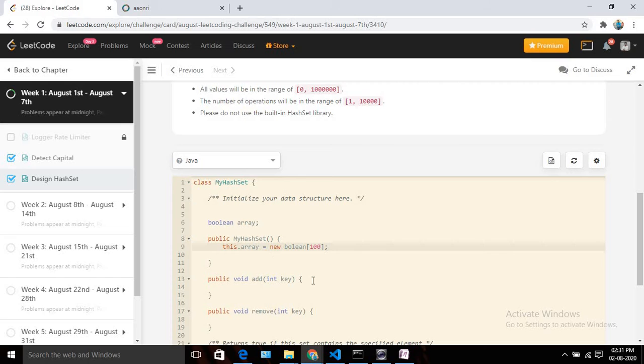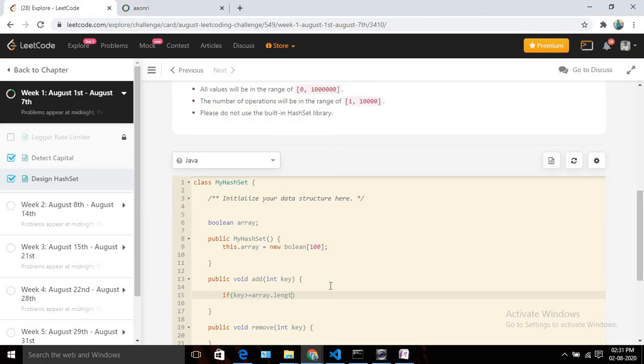Now suppose my key is less than 100. There can be two conditions while adding: my key can be greater than 100 or less than 100. If my key is greater than 100, we need to check one condition, or else it will throw an out of bound exception. So first we check whether my key is greater than or equal to array.length.